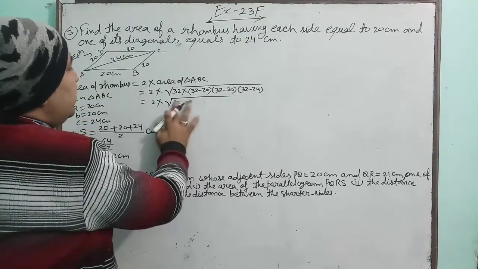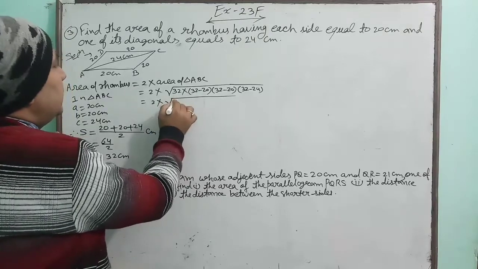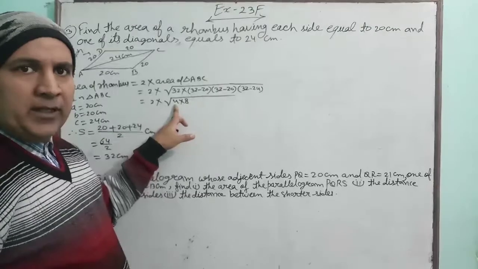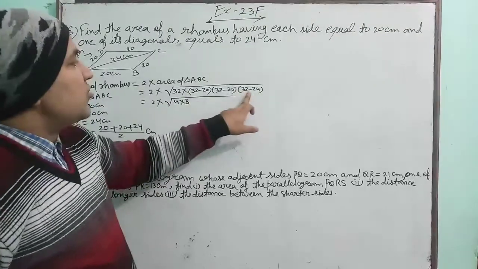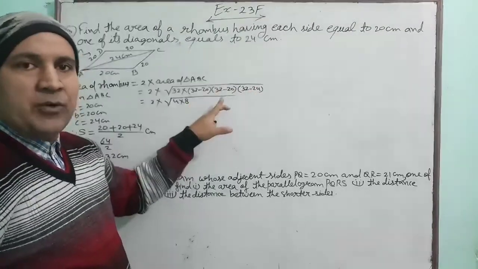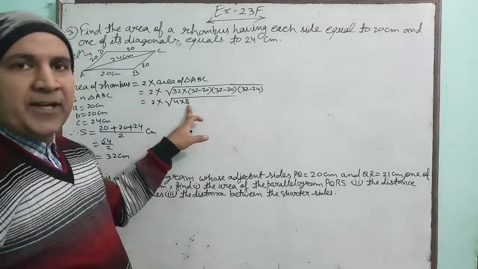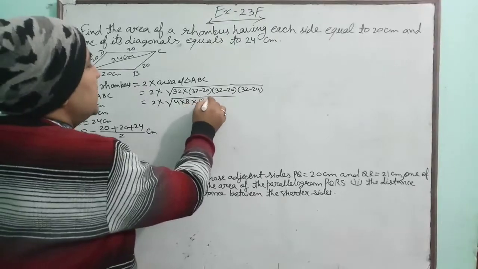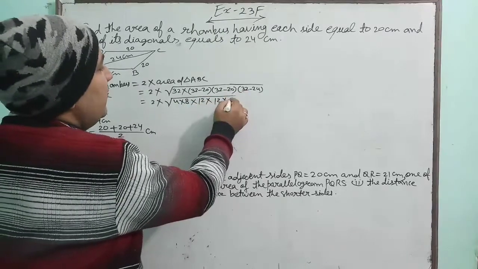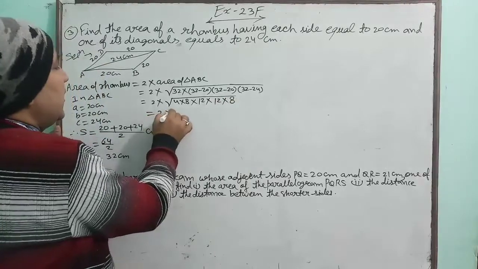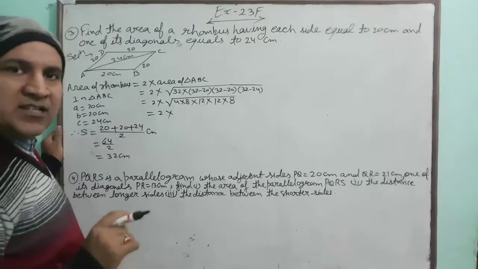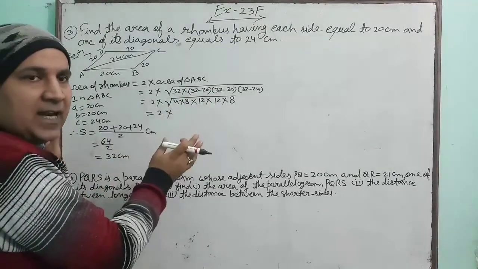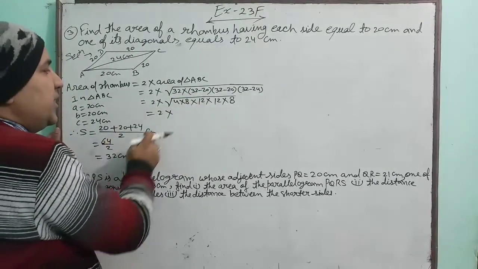32 can be broken into 4 into 8 because square root of 4 is 2 we know here. And 8 because 32 minus 24 is also 8. So we will make the pair of 8. That is why I am breaking it 4 into 8 into this is 12, this is also 12 and this one is 8. Understood? To find the square root inside the numbers we have to break in such a way that we get the pairs of numbers.